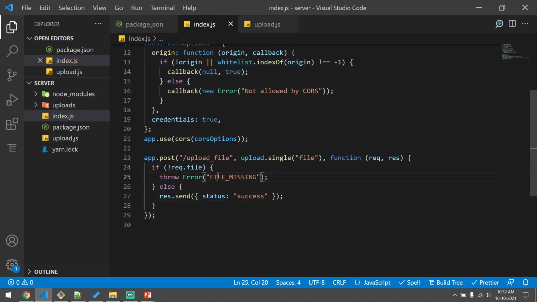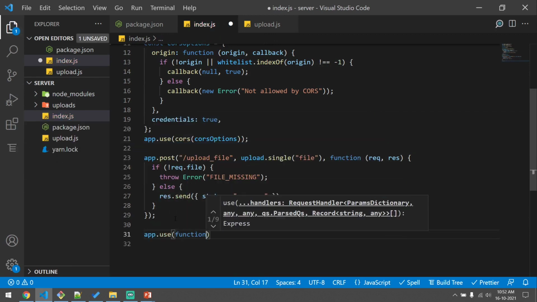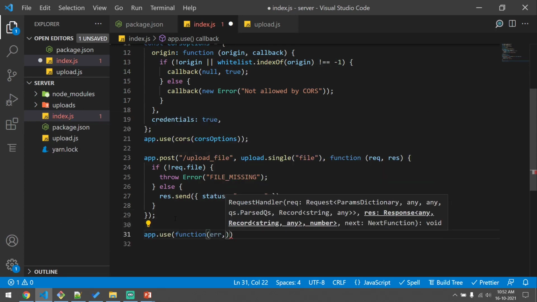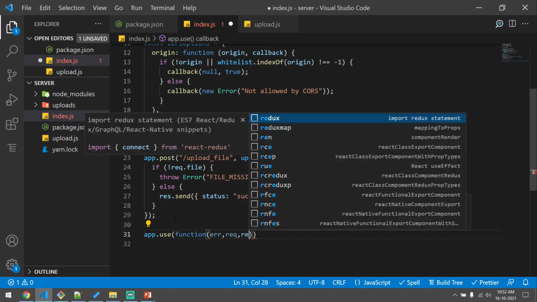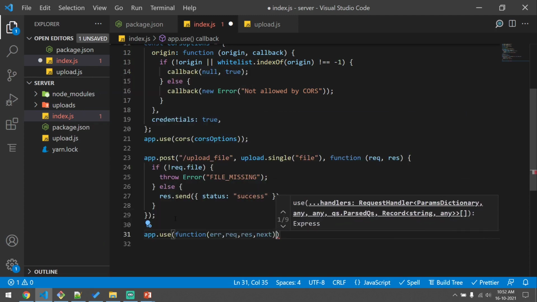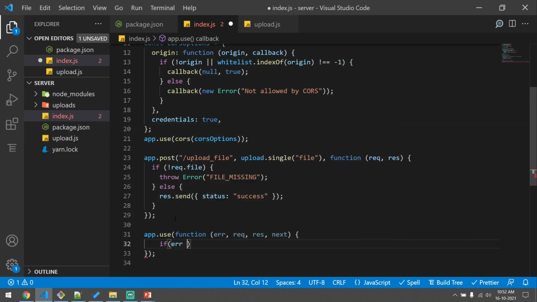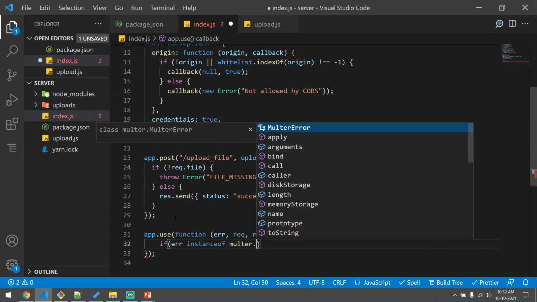Since we are throwing this error, we need to handle this error. Let us write a middleware for that. Let's write a function which will receive the error, request, response as well as the next function. We check if the error is an instance of MulterError.